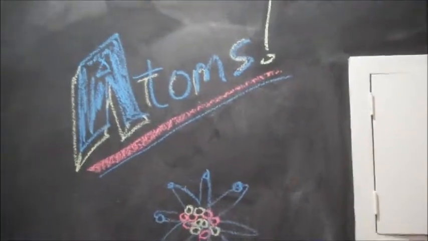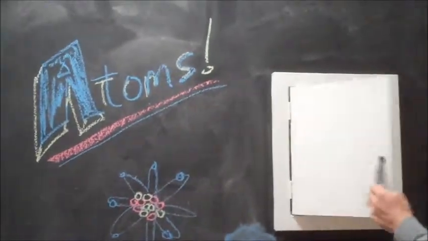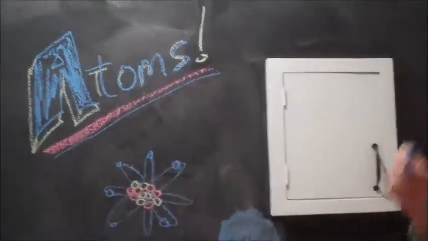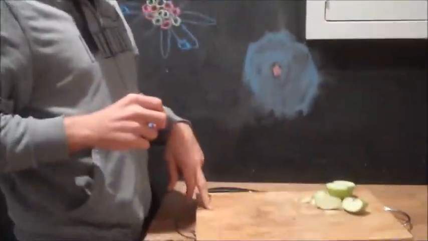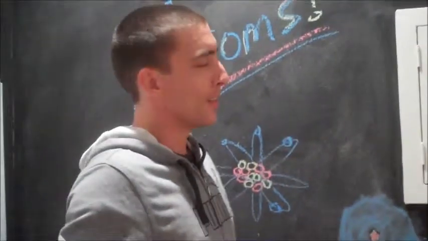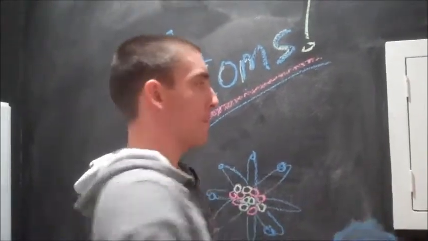Now, if I wanted to look at this and think, oh, surely this is small enough to find atoms, well, I'm going to be sorely mistaken. I'm going to show you just how many atoms are in this tiny piece of apple. Check this out. Grab a trusty piece of chalk. Hang on. I keep all my chalk in my own secret chalk drawer. Inside that tiny little 12th cut of an apple, you have about this many atoms.